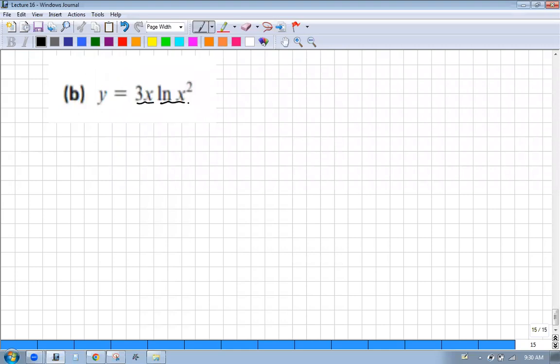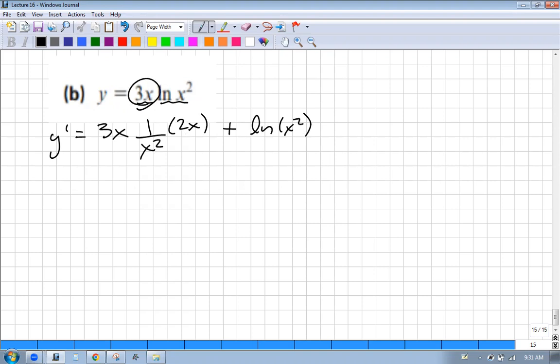All right, we have a function times a function, so we need to use the product rule. So we would have, do whichever order you want, the first function times the derivative of the second. The derivative of this would be 1 over the stuff times the derivative of the stuff. So that's the first function times the derivative of the second. So now we need to do the second function times the derivative of the first. And of course, you'd want to simplify this stuff. We have an x and an x. Cancels with the x squared, so we get a 3 plus, usually you like to write the stuff in front,